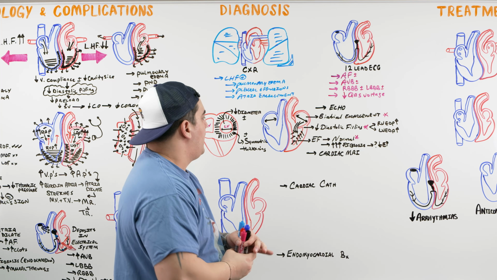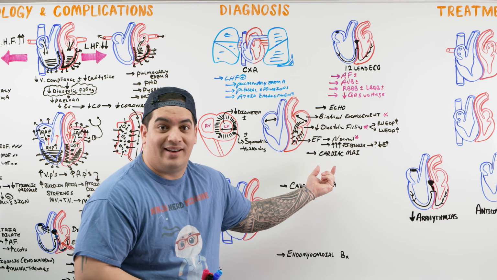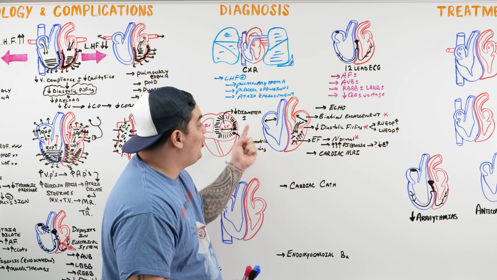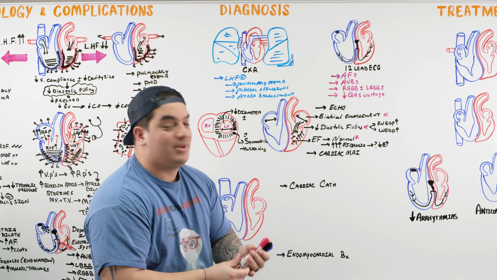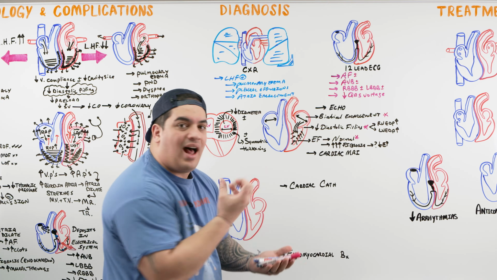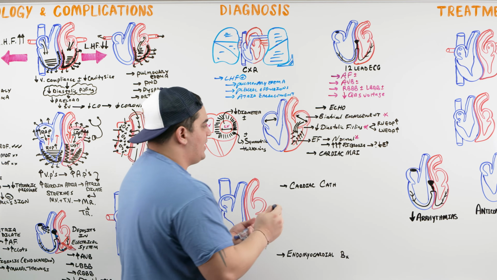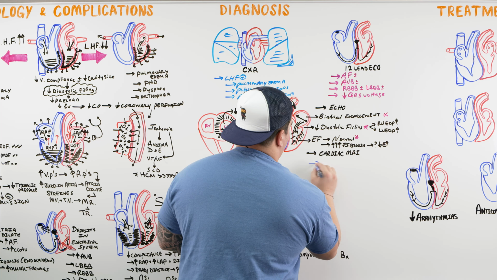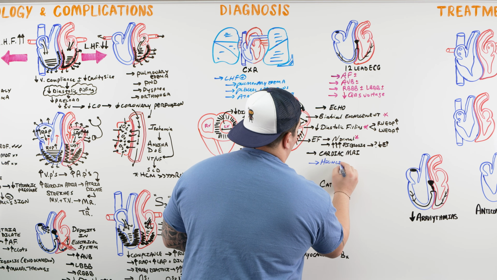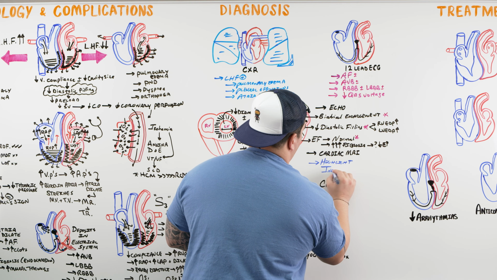a reduction in EF. Another test that can sometimes be ordered, and is becoming more utilized, is a cardiac MRI, because a cardiac MRI gives a good look at the heart. Obviously it can show you some reduction in diastolic filling, but it may even highlight some areas of infiltration and fibrosis. So one of the things that's interesting about cardiac MRI is it may highlight some soft tissue findings. So it may highlight some signs of infiltration